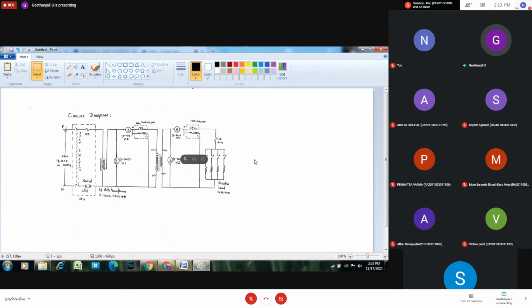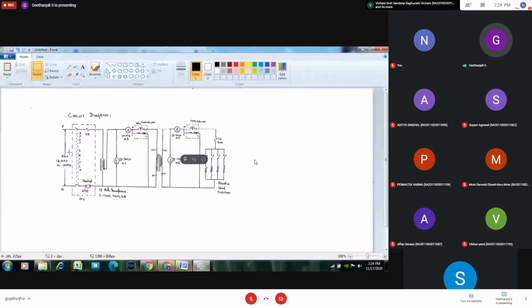This is phase, then this is neutral. The supply we are giving is 230 volts single phase 50 hertz AC supply. Already I told you that the transformer works on AC supply only. The basic principle of the auto transformer is mutual induction, which needs a change in current with respect to time. The current magnitude has to vary with respect to time; it should not be constant. With a DC supply the current will be constant, so you can't get mutual induction. Mutual induction is available only in the AC supply, so the transformer works using the AC supply only.